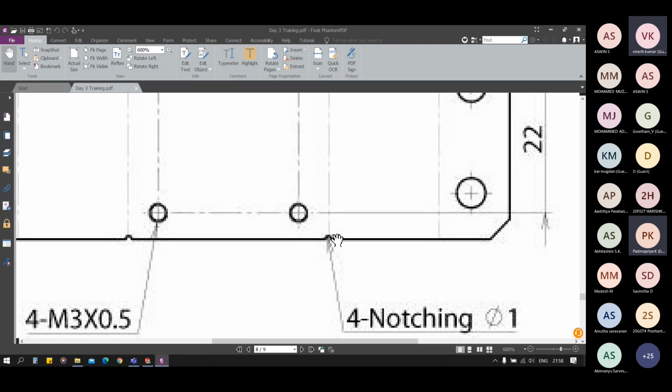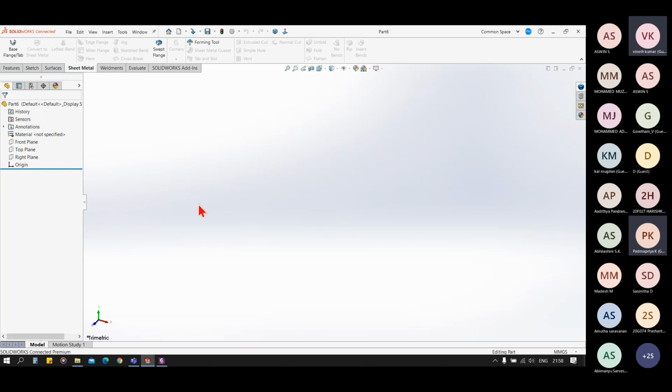There is no feature for that. You just cut extrude, or you can do it using a hole, or you can include that curve in your base flange itself. It's up to you. Okay, sir.